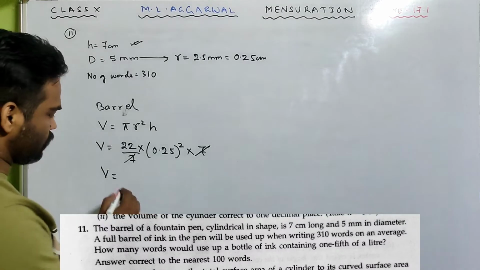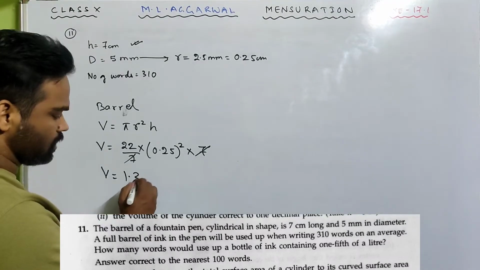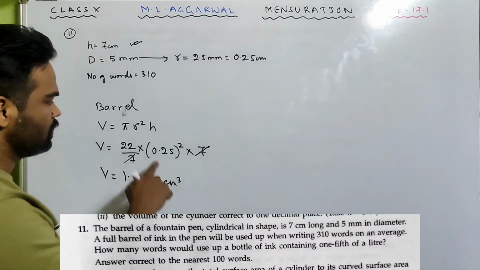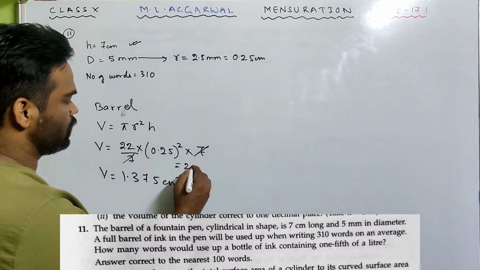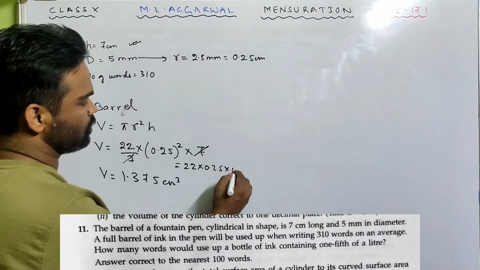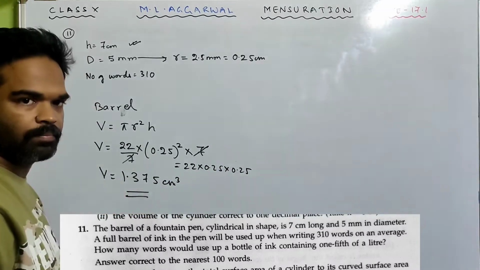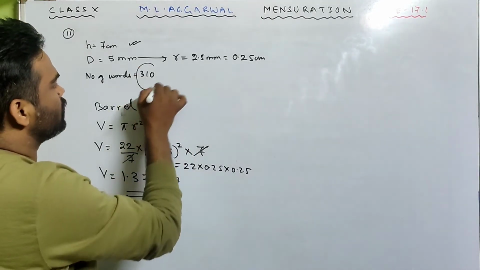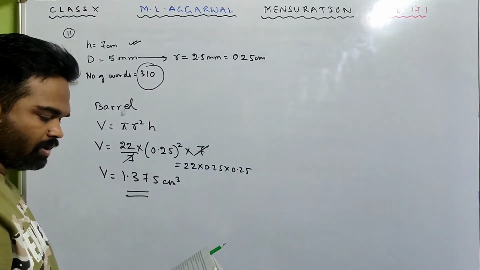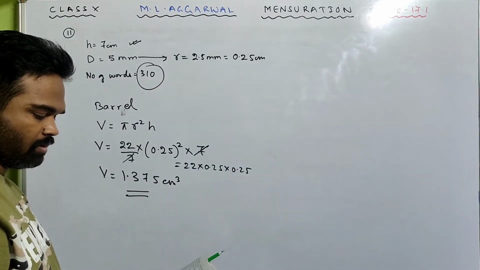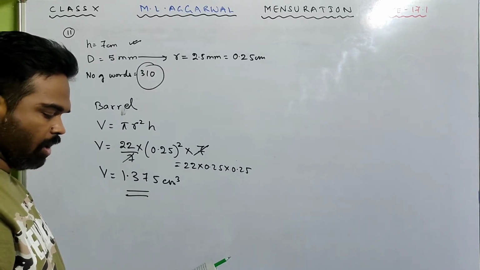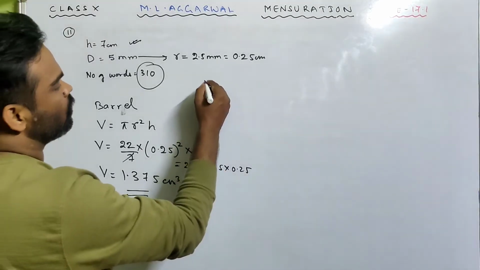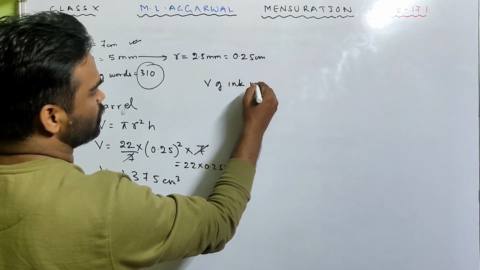So volume I've already calculated. It is coming as 1.375 centimeter cube. Okay, this is what? 22 into 0.25 into 0.25. When you calculate, you get this volume. Now, with this volume of ink, you can write 310 words. Now, in a bottle, you have how many words would use a bottle of ink containing 1/5 of a liter? So, volume of ink in the bottle